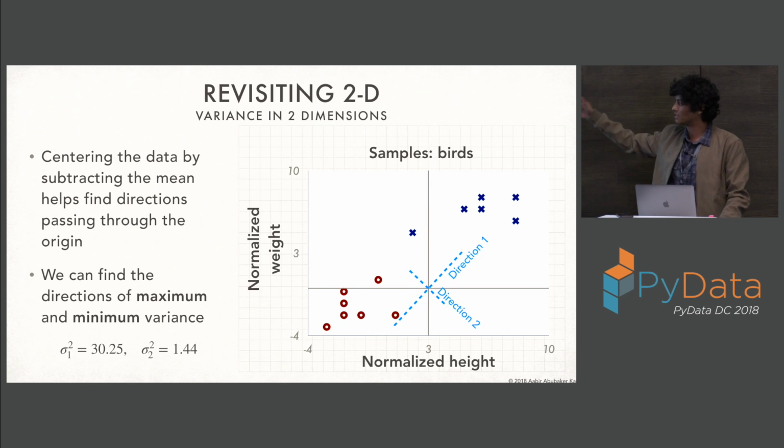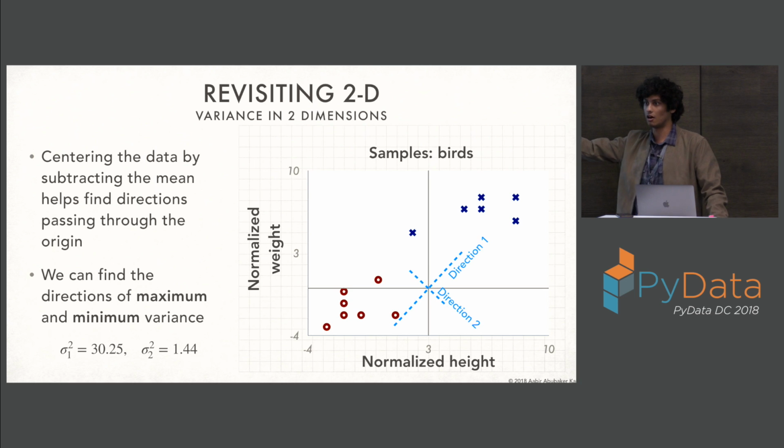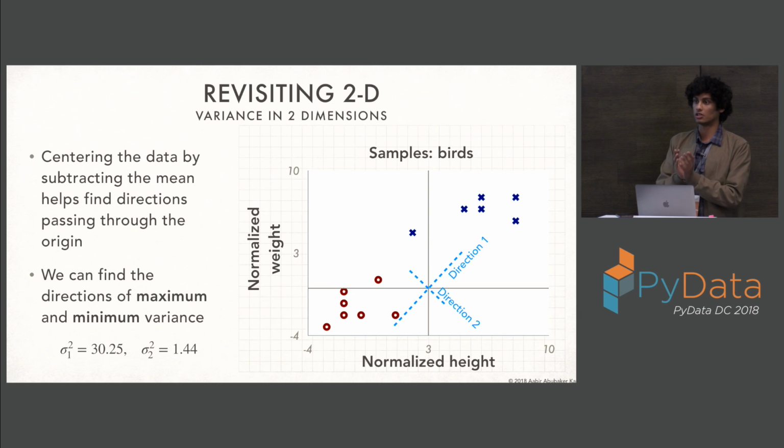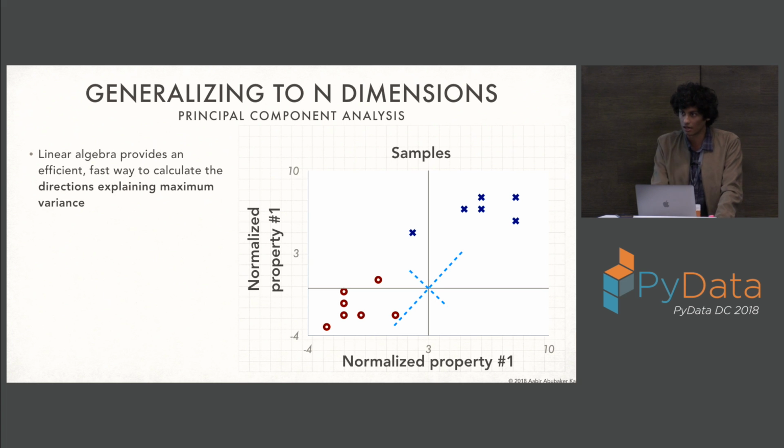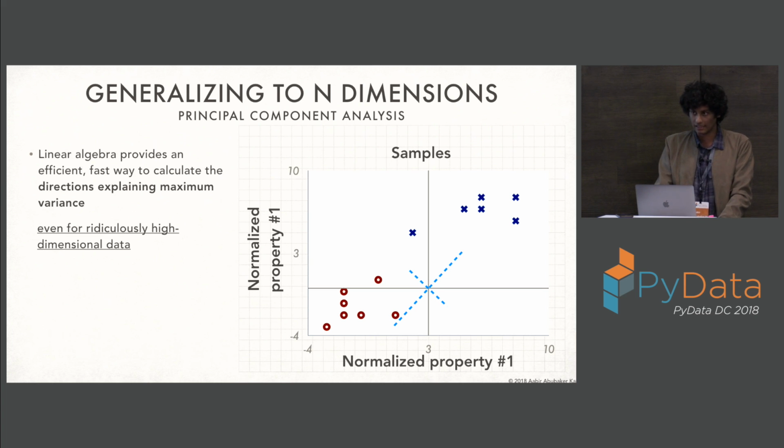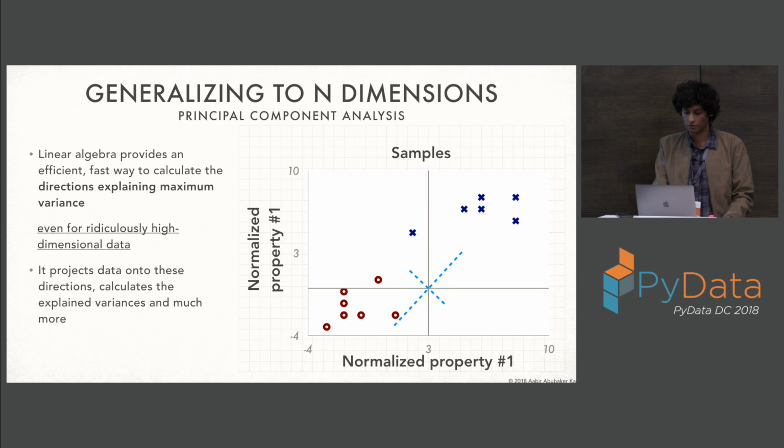So when you actually run PCA, you would find these 2 directions, which weren't the arbitrary one that I found, which gave you 27 as the variance. You got 30 and 1.44, which is significantly different from what your data was plotted on, which was height and weight with about 15 and 19. So PCA basically generalizes this to n dimensions, just like k-means clustering looked at how we can circle a cluster and say that's a cluster. It uses linear algebra, and there's a lot of jargon. Again, I'm not going to get into the details of the mathematical implementation, but this is basically what it does.